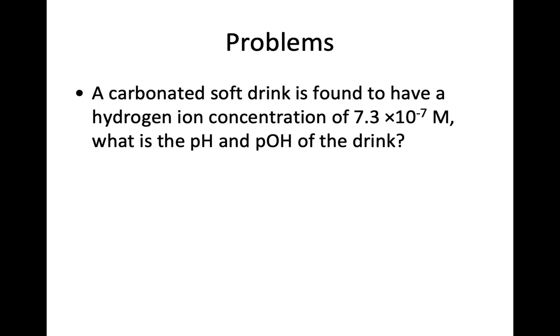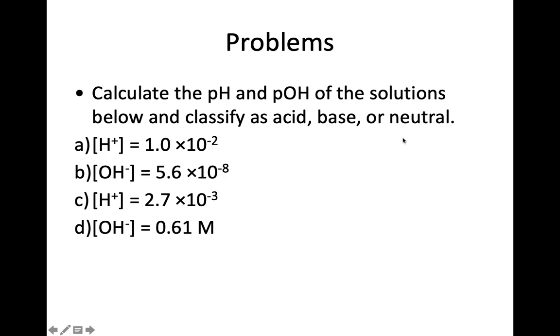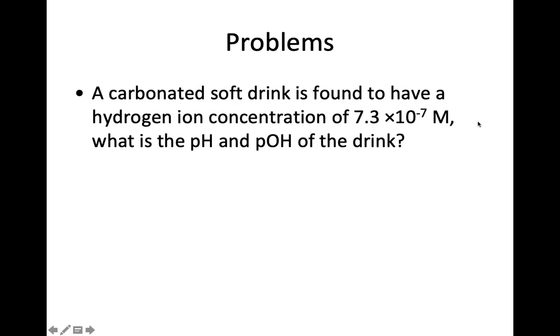Here is a carbonated soft drink that has a hydrogen concentration of 7.3 times 10 to the minus 7. What's the pH and the pOH of the drink? If you know the pH, you know the pOH. If you know the pOH, you know the pH. So this is the H concentration, 10 to the minus 7. You know it's going to be close to 7, but it's not exactly 7. So it's going to be a little bit less than 7. So if you push this button in the calculator,